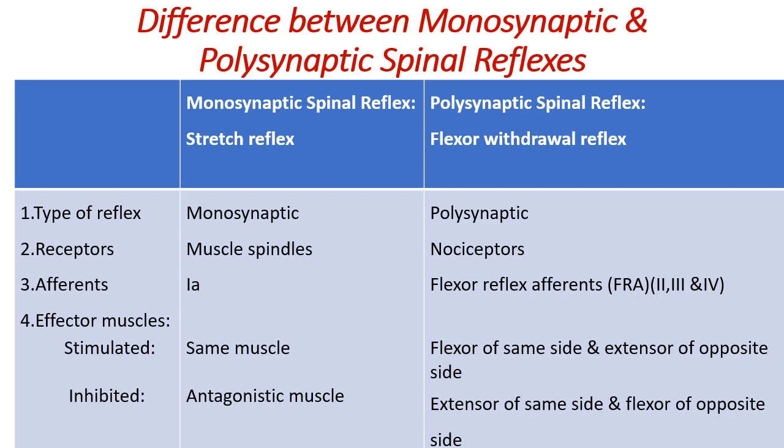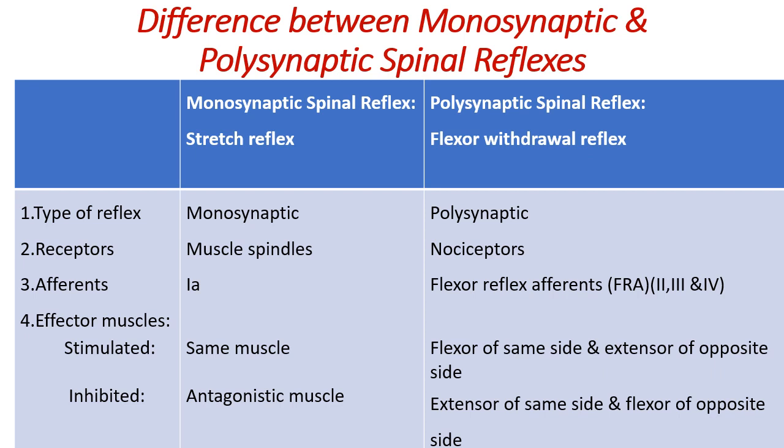In the case of the flexor withdrawal reflex, suppose your right foot is suddenly placed on broken glass, and the flexor withdrawal reflex is stimulated because of stimulation of nociceptors. So what will happen? Immediately you will lift your right knee. So there is flexion of the same side, while there will be extension of the opposite side. Your left leg is going to extend so that your body weight is supported on the left leg, otherwise you may fall down, and the extensor of the right leg will be inhibited